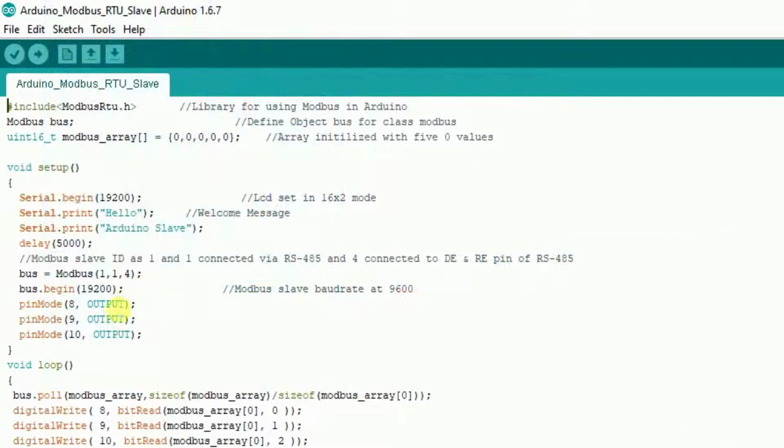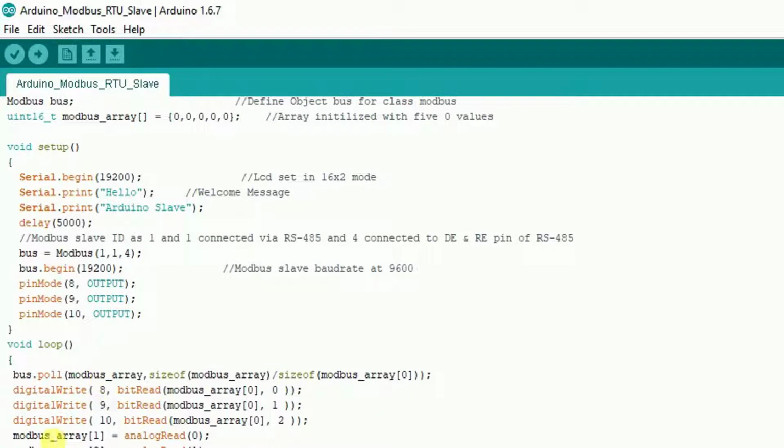To activate or deactivate Arduino digital outputs from the SCADA interface, Arduino uses Modbus coils. Here 3 Modbus coils have been used for 3 digital outputs. So the first 3 bits of Modbus array number 0 have been used as Modbus coil addresses and assigned to the 3 digital outputs of Arduino. SCADA writes Boolean data to these coils to change the state of digital outputs as well as to turn on or turn off the connected loads.